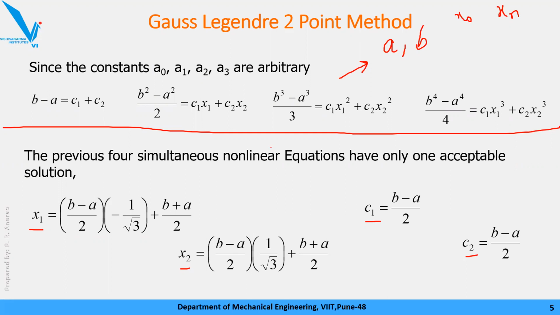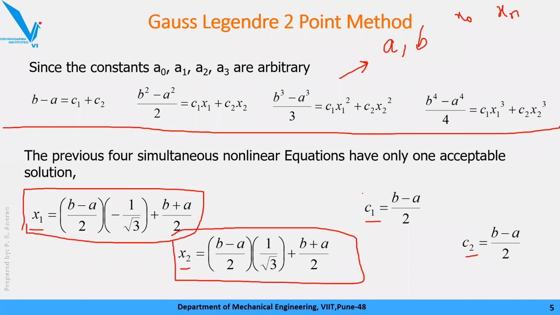Okay, so by applying that philosophy, by that procedure, we ultimately get the equations like this. Okay, again उसका derivation भी बहुत बड़ा होगा, so I have skipped that. Ultimately we get the values in terms of a and b, which are known to us, for the unknowns x1, x2, C1 and C2. Okay, so you got the terms.